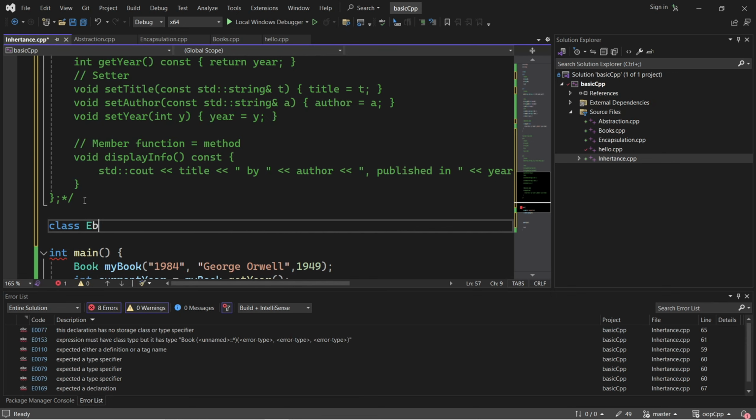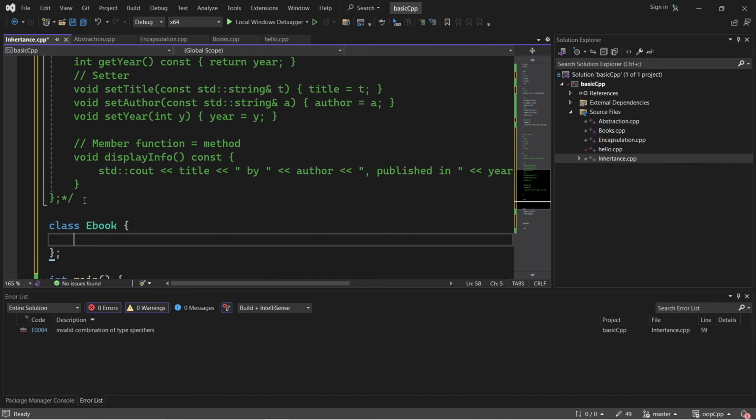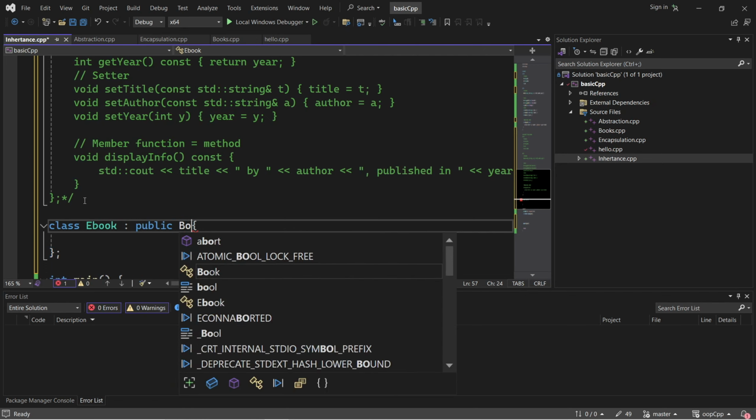It is Ebook, and it inherits from the Book.